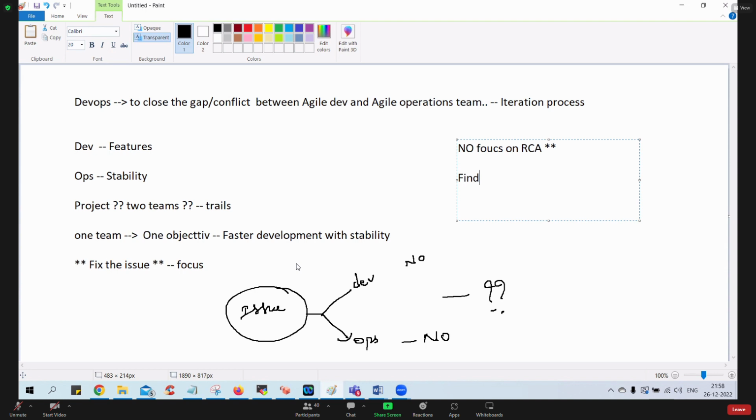You understood the ideology, guys? Confirm? In the one team concept, there is no scope for finger pointing at each other because we all work for a single reason, single agenda, and single project. So that is where Patrick invented the concept of one team. In the one team, it's all about one objective, work as a team, and one goal. Any issues come out, just find the reason who should take it.